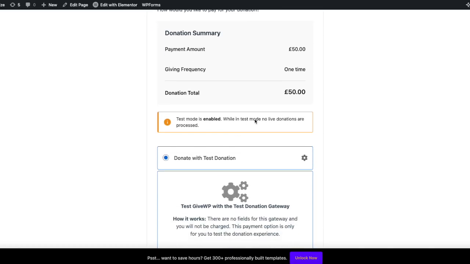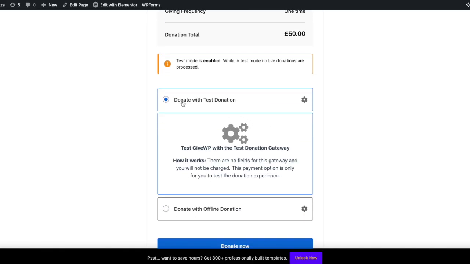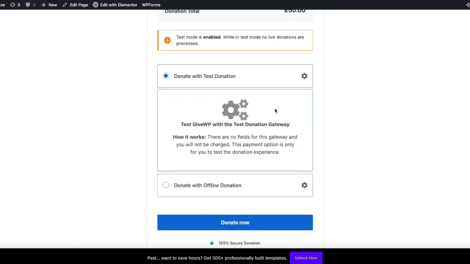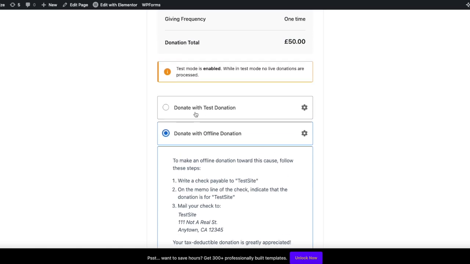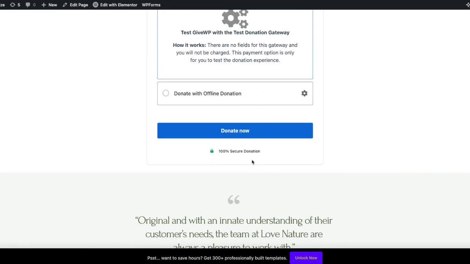So donation total 50. It says test mode is enabled. While in test mode, no live donations are processed. So basically, because we're using test mode, we'll still be able to carry on to the end, but no money is going to change hands, and no credit card detail is going to be asked for. So we're going to use donate with test donation. Otherwise, we could use donate with offline, which means if you decide to donate using a check book, you write a check made payable to this person or company, and also the address where to send the check to. So if we go back and put this back to test donation, and we hit the donate now